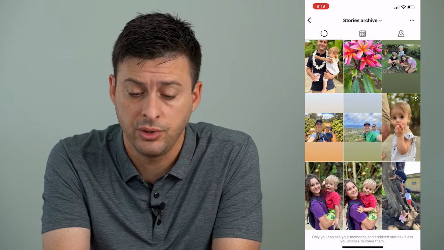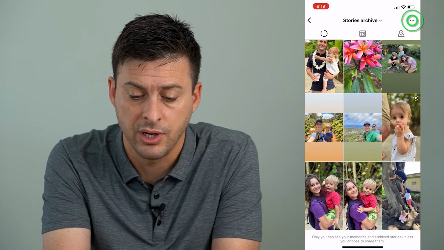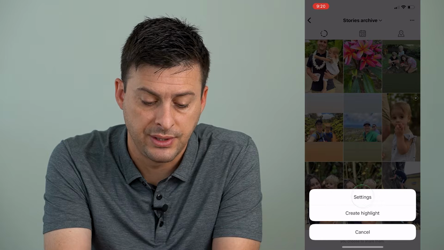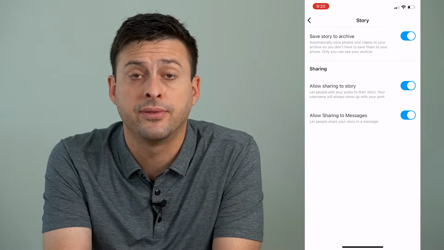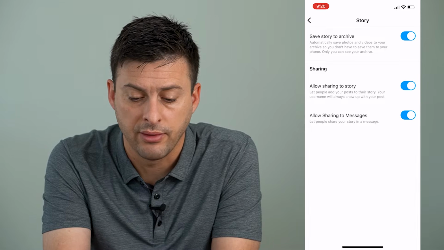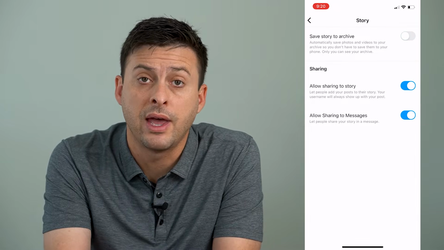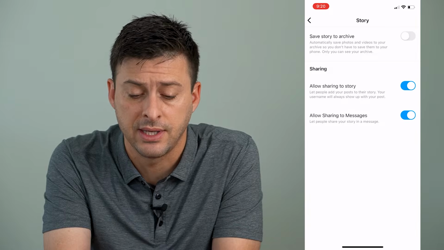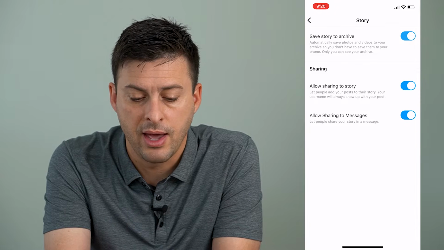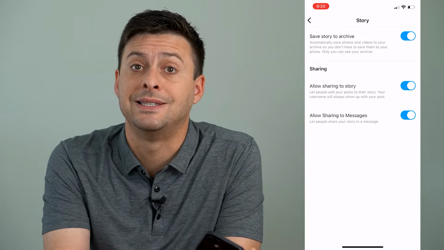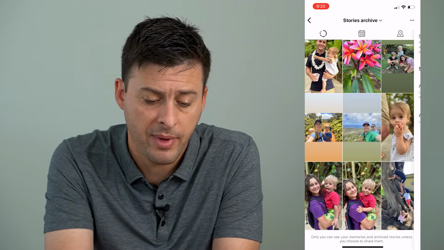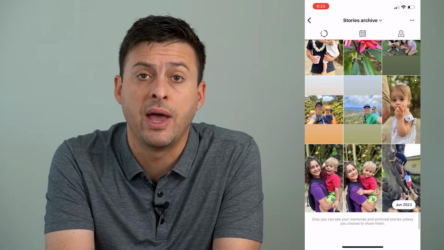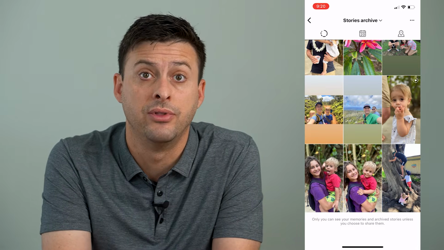The first thing that we'll do at the very top right is tap those three dots and tap on settings. And from here you can see the first option is save story to archive. So we'll want to toggle that off, leave it off for about 10 seconds, and then toggle that back on so that you're going to save any of those stories in your archive. And then go back and check and see if they're back and if you can access all of those story